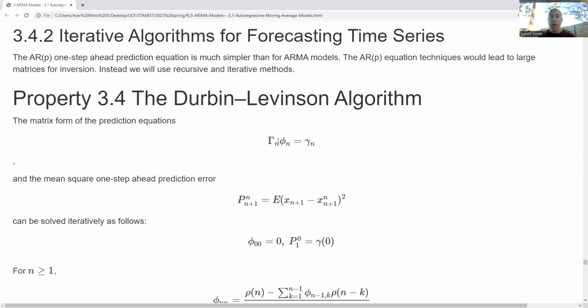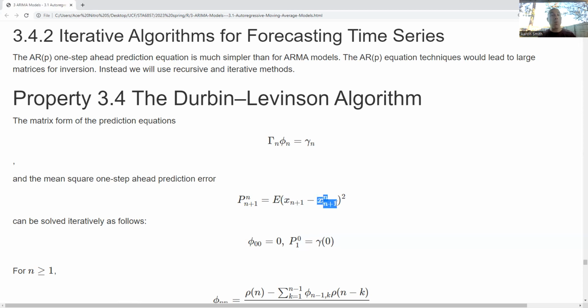But it doesn't work that way in real life, because if I have a lot of data to be working with and or a lot of terms in that time series model, then this can be an unwieldy matrix to work with for the purpose of the computations. So let's come up with another way to approach this. All right, so first thing we're going to do, we're going to take a look at the mean squared one step ahead prediction error. All right, well, that's going to be the actual observed value that we haven't seen yet